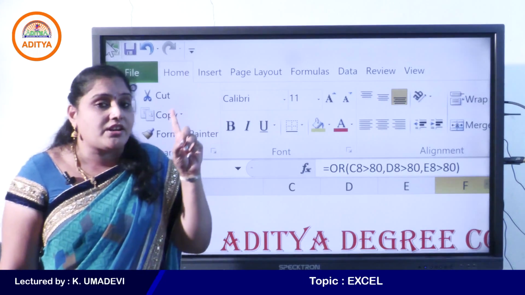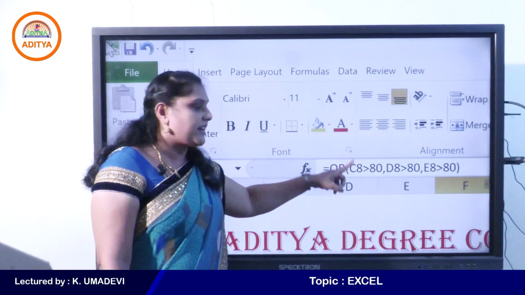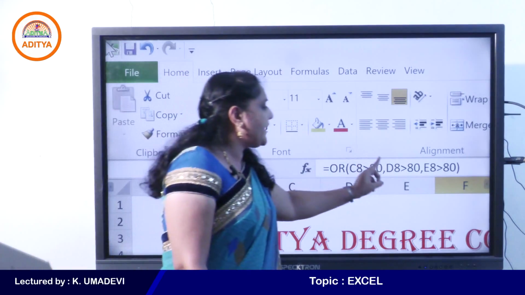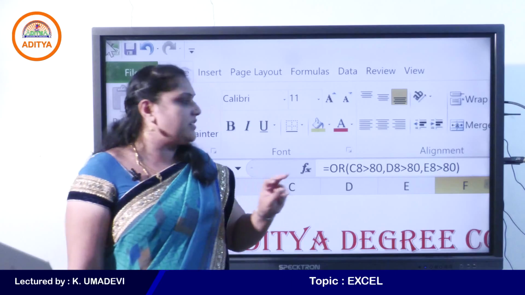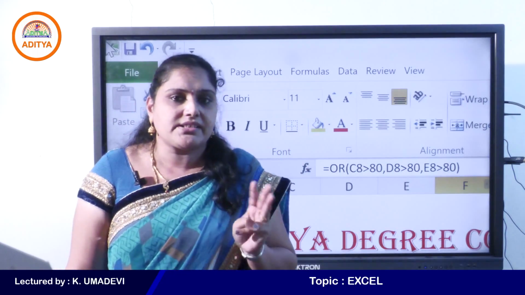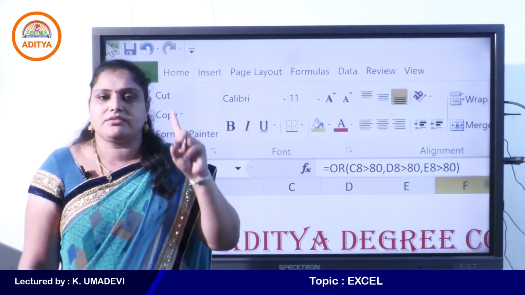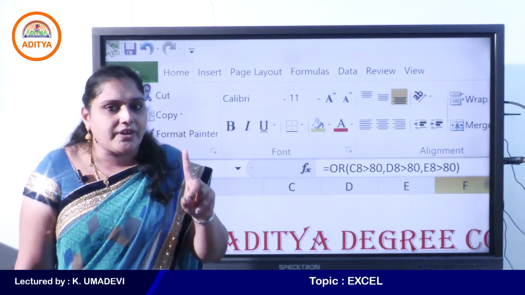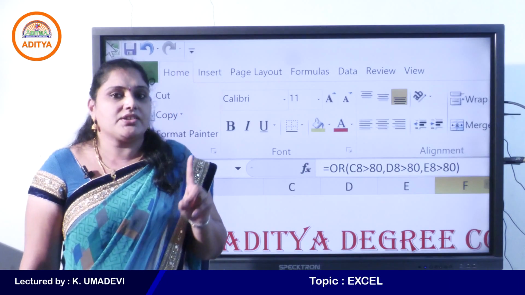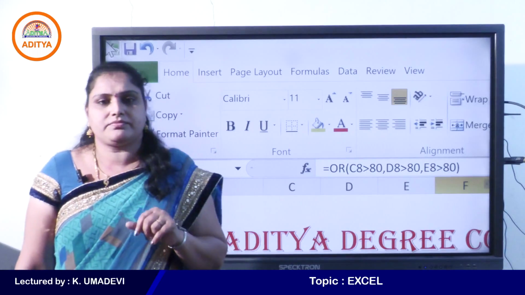Here C8 greater than 80 is one argument, D8 greater than 80 is another argument, E8 greater than 80 is another argument, which we also call conditions, right? So if all the conditions are true, then AND function returns true.